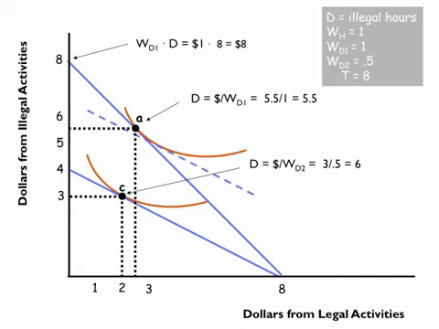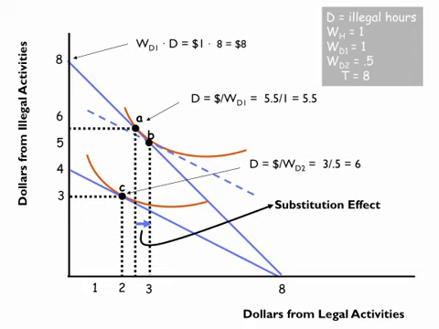To separate the income effect and the substitution effect, we take this line right here and shift it back to the original utility curve, and that takes away the income effect. We compensate this person for the income he lost by giving the income back, and then see how much he consumes from substitution alone. If we do that, we end up at that point, and then we can calculate the number of hours at that point. We know that the difference between this and this has to be substitution, because the income effect has already been taken away.